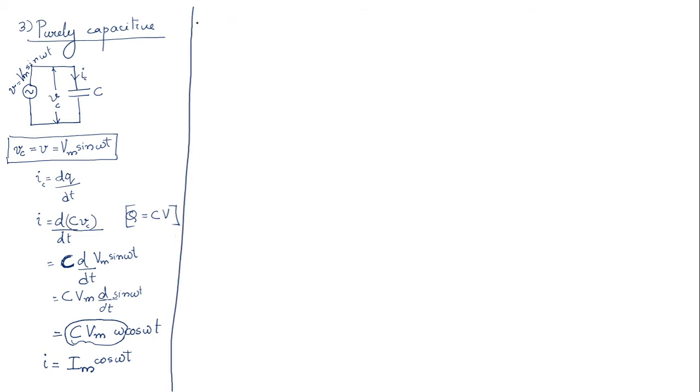Now here you can see that the cos omega t form is there for the current, but we cannot compare two waveforms when the voltage waveform is in sinusoidal form and the current waveform is in cosine form. So we have to convert it into sinusoidal form. For that I am going to write i = Im sin(omega t + pi/2) instead of cos omega t. Those who have a doubt how we wrote this, just try to expand sin(a + b) in that format. You will get the answer as cos omega t. So now we obtain the equation for current.